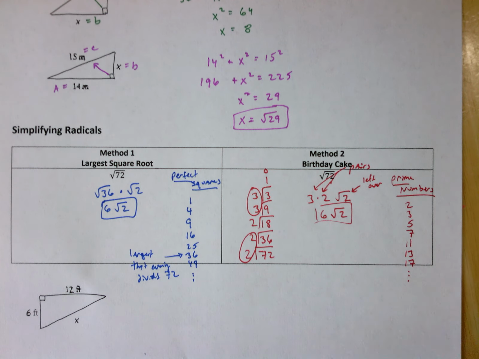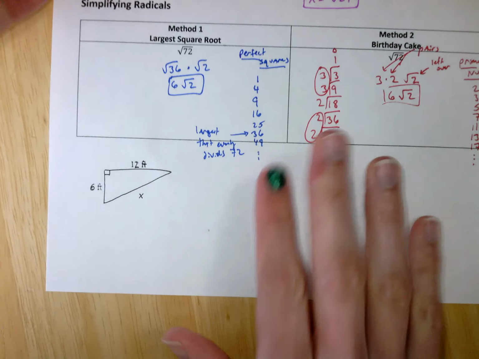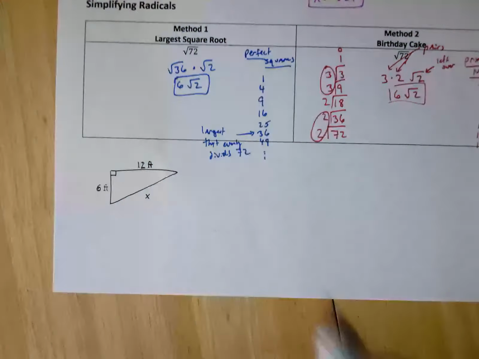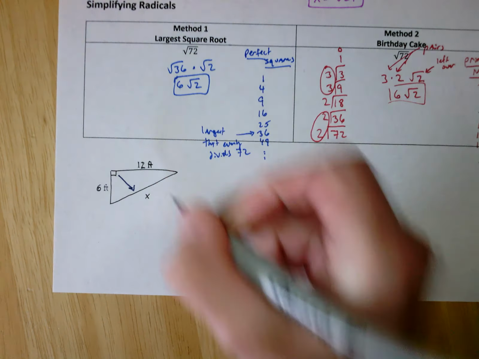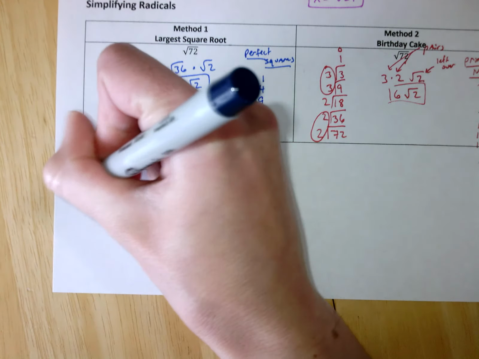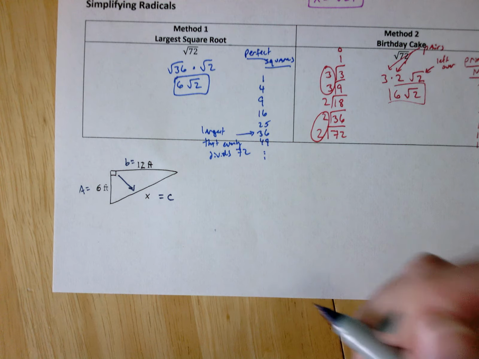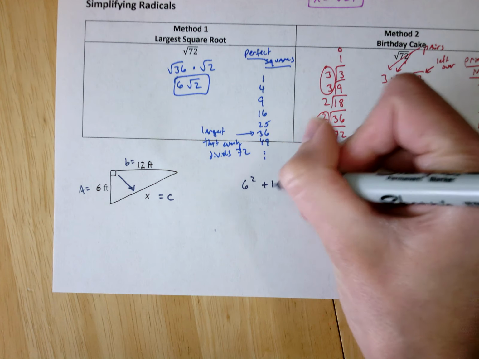All right, so what you're going to be doing with your Pythagorean theorem is when you get a problem like this, sometimes you're going to have to simplify it. So let's look at this example down here. Okay, using my Pythagorean theorem, here's my right angle, there's my opposite side, so this has got to be C. And then these sides, either one could be A or B. So this one I'll call A, this one I'll call B. So it's a squared plus b squared equals c squared. So 6 squared plus 12 squared